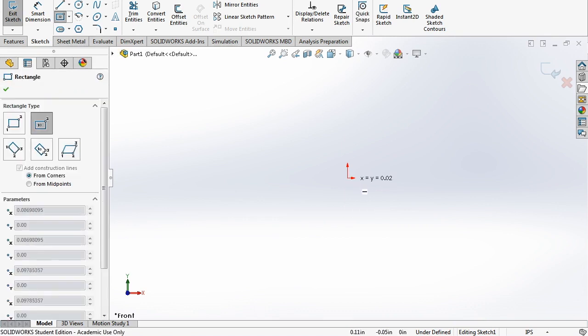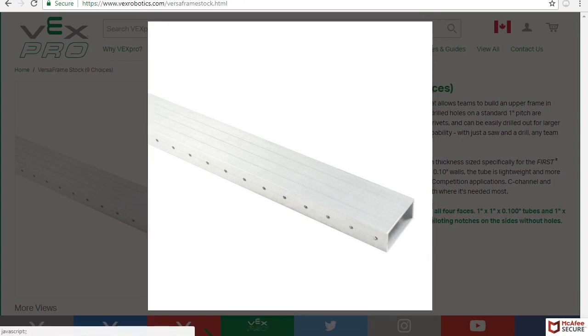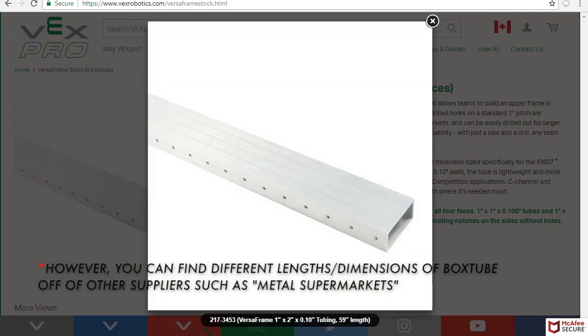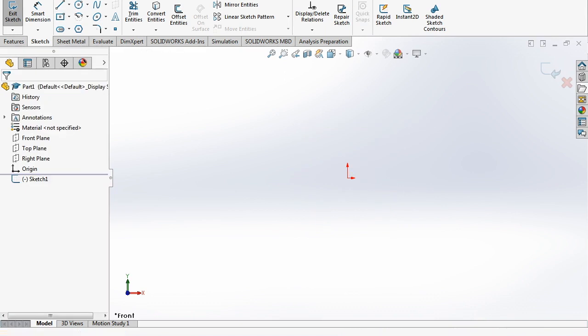The only other thing you have to remember when you're making VersaFrame yourself is that the maximum length you can order online is 59 inches. So just don't make VersaFrame that's like 60 inches. So anyways,